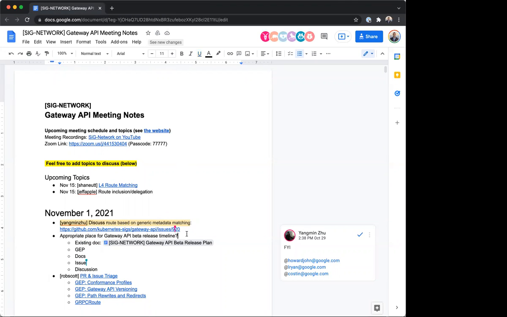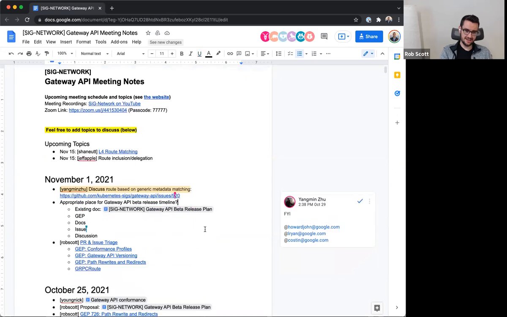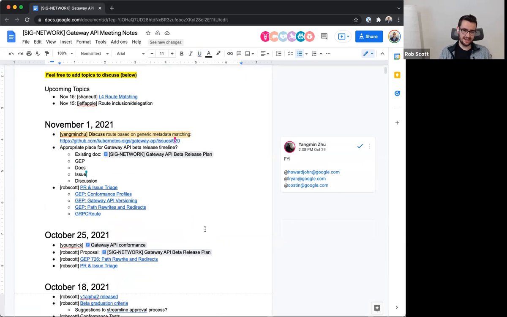All right, I'll move on to the next one, and that is the release plan. So last week I was looking at the release plan and timeline proposal. It's not a plan, whatever it is. I was trying to figure out what the next step is for a doc like this. I've been struggling with whether everything becomes a GEP. Does every doc we create turn into a GEP if it's something we agree to?